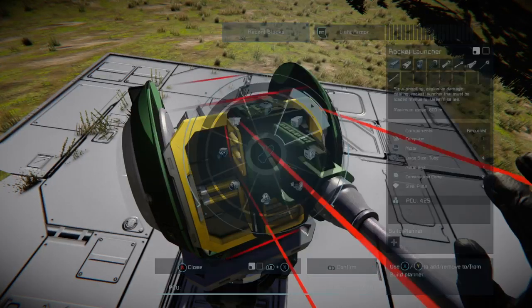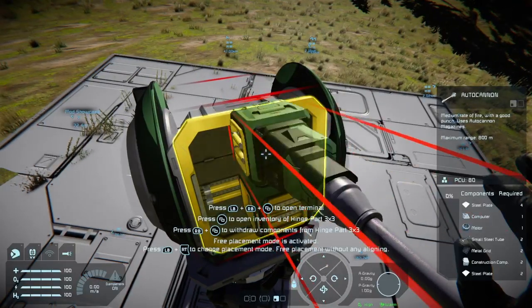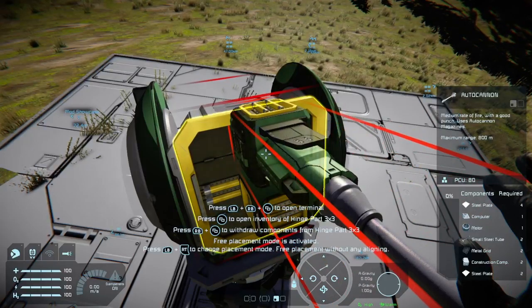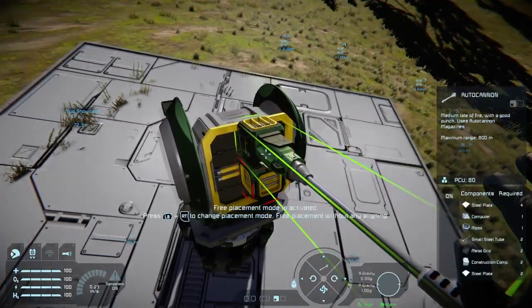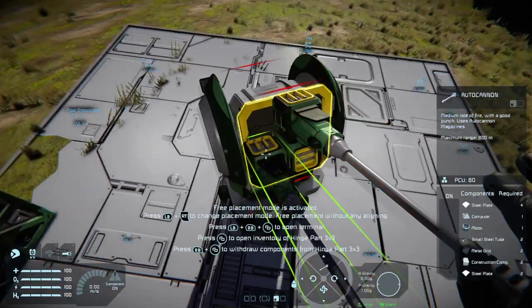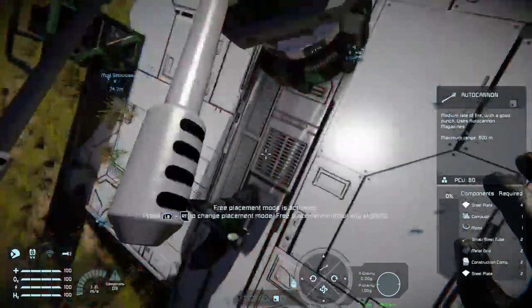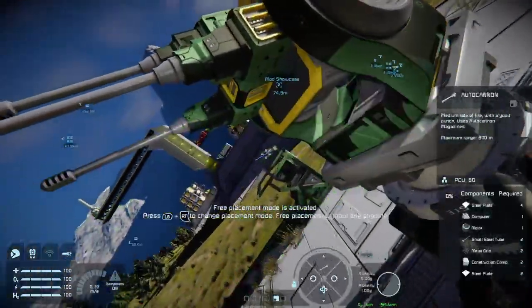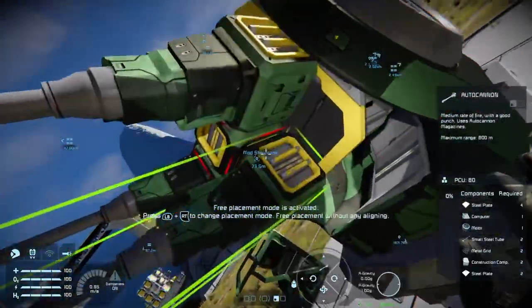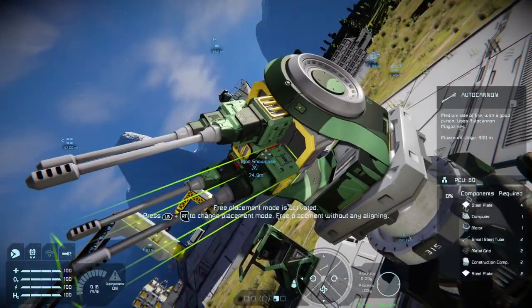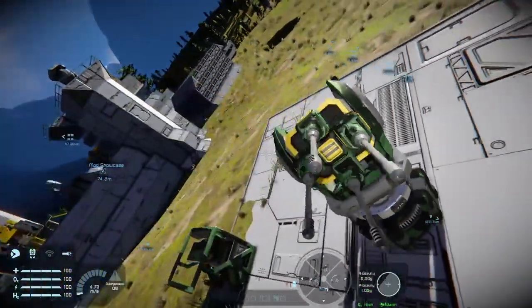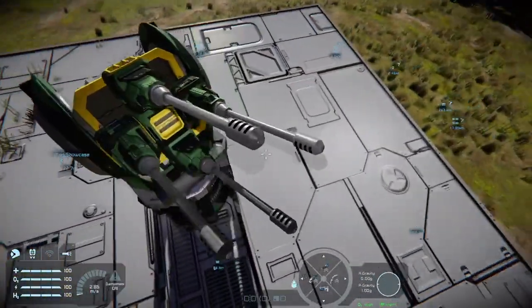And unless Keen have changed something, this does work. And then you can put your 4 autocannons on this. Make sure you rotate them correctly so they are linked into the conveyor.